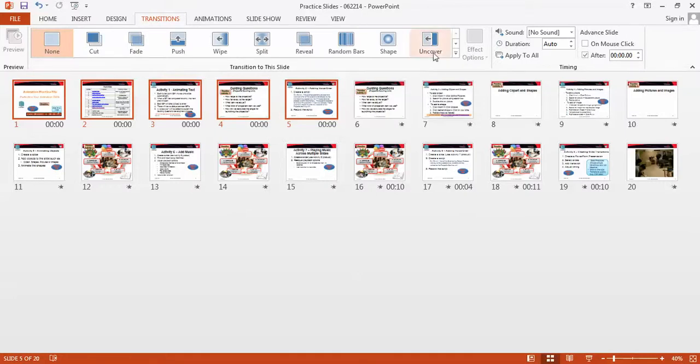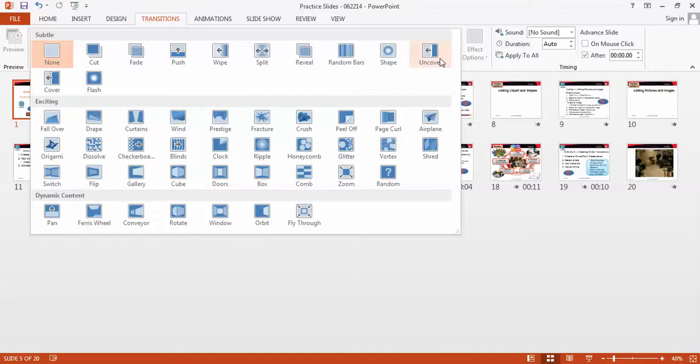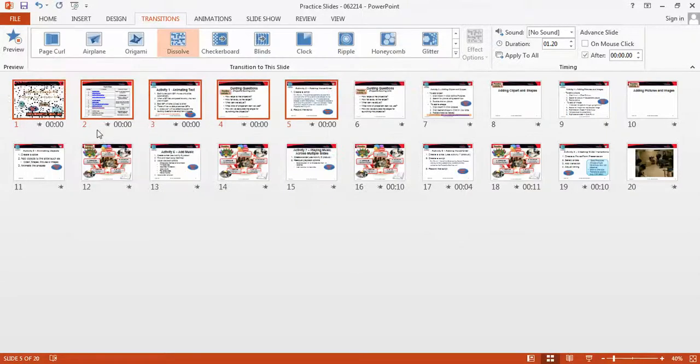And the transition I'm going to use is the dissolve transition. Notice there's a bunch of transitions, but I'm going to use dissolve. Once I've applied dissolve, it shows each of those with that dissolve feature. So there's two